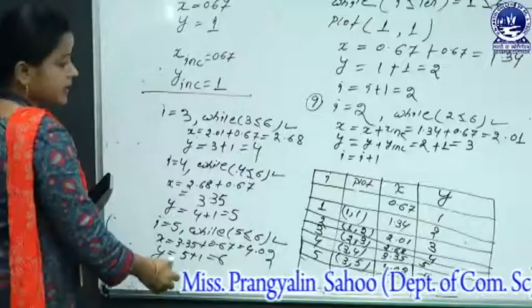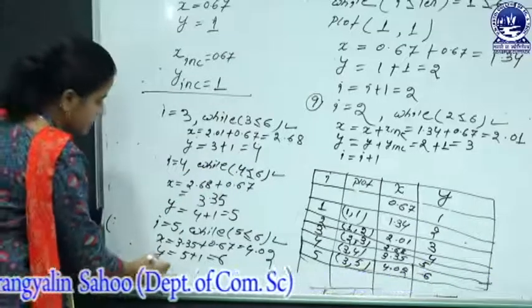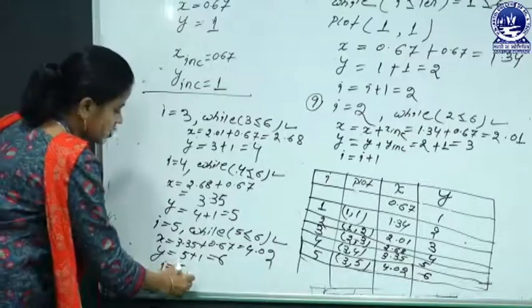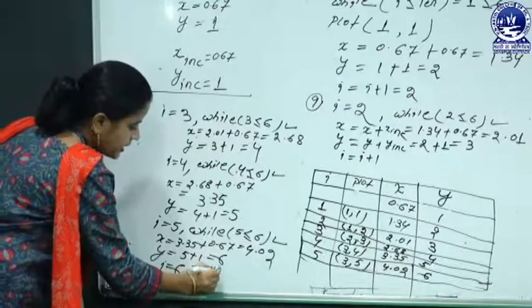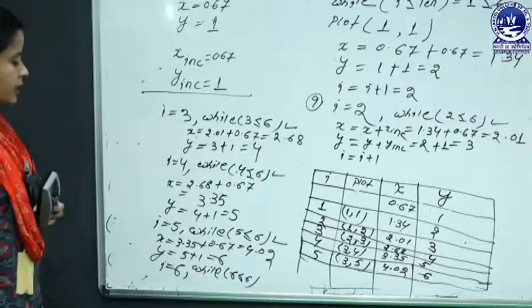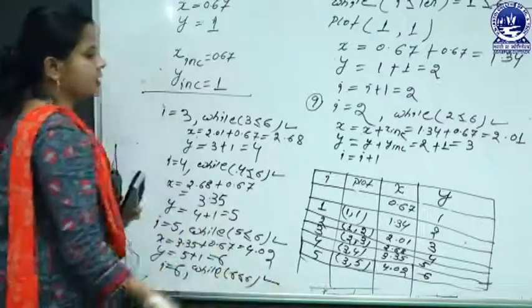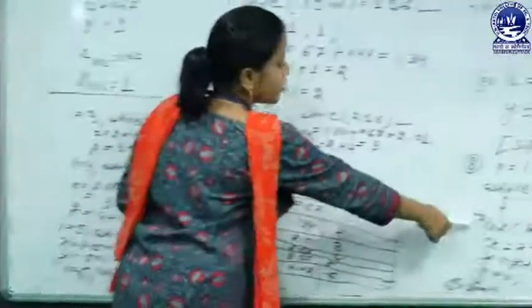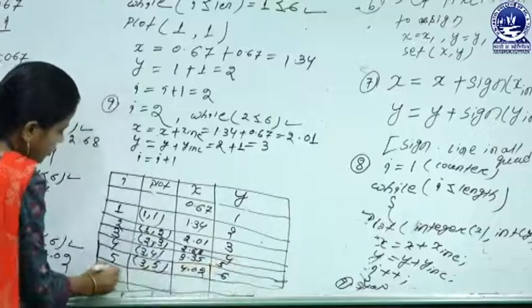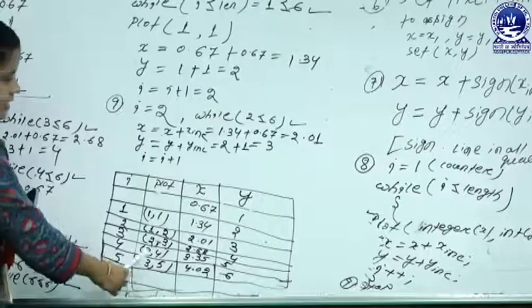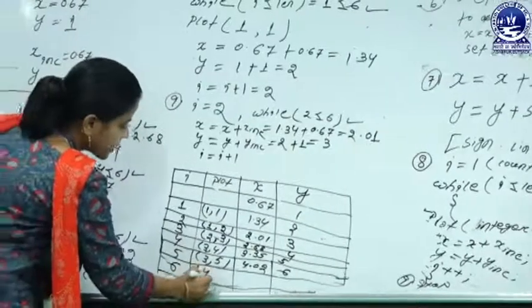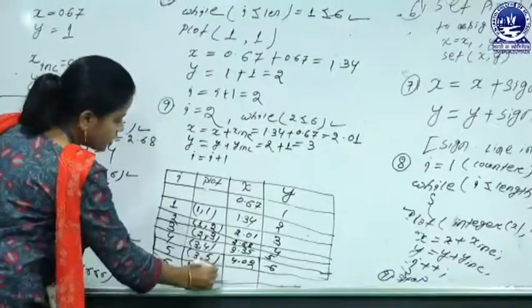Okay. Now again the last step, I plus plus, that means again I is incremented, I equals 6. So now check while I, that means 6, is less than or equal to 6, the condition is true. If the condition is true, then again it executes the program body. So now plot the integer value of x and y on counter value 6. On counter value 6, now draw the next plotting value. Here the integer value of x is 4 and the integer value of y is 6.